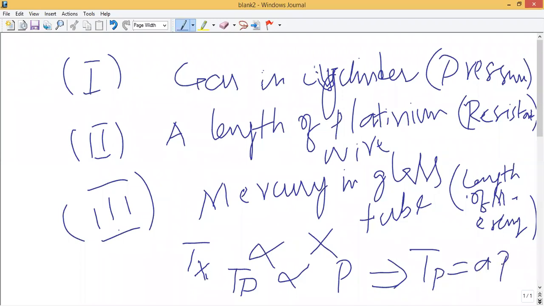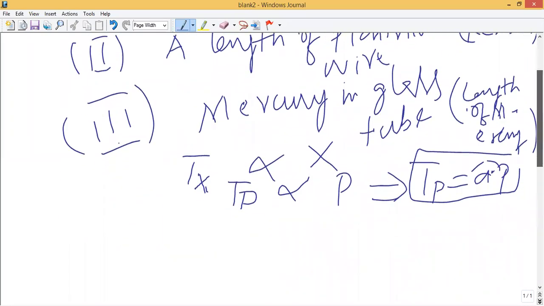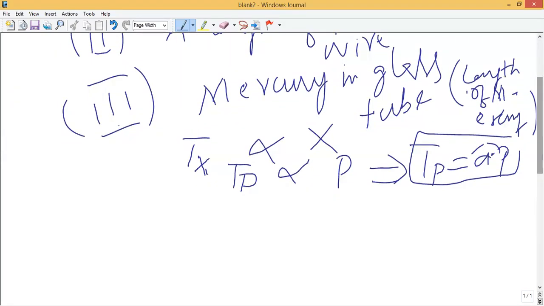ठीक है, इसका मतलब है कि जो टेम्परेचर है ये प्रेशर से डायरेक्टली रिलेटेड है, और यहाँ पे ये कांस्टेंट है, प्रोपोर्शनलिटी का कांस्टेंट. Okay, and this was for the first